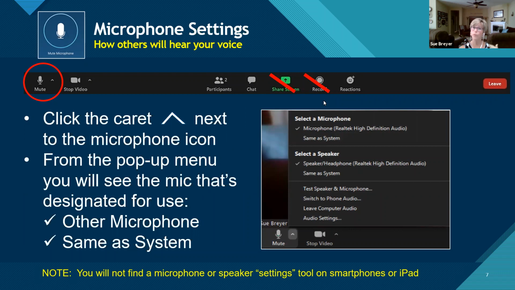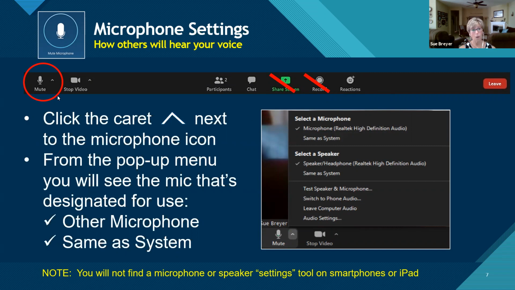In order for the participants to record a session, they would have to be given permission by the host, okay? And that is a setting that the host is in control of. But typically I would not have participants recording the session without me granting that permission. The last little icon here is called reactions. That's the smiley face that has the plus sign next to it. There are two little tools there that you can use, and I'll cover that as we progress through the presentation